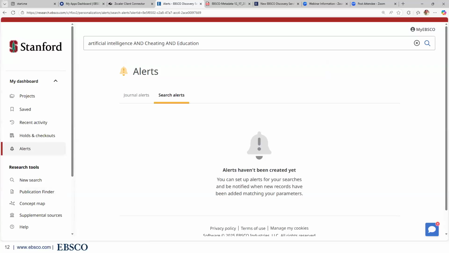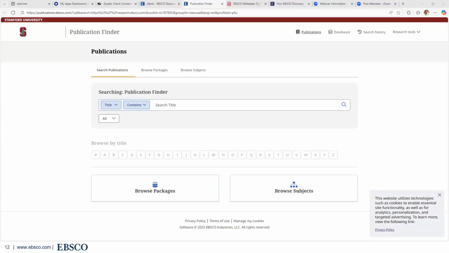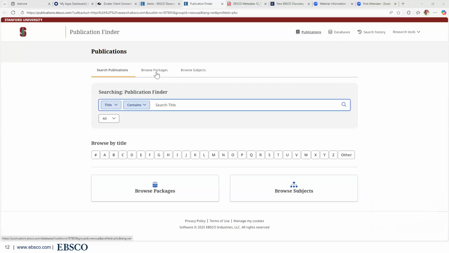Okay, we're done with the dashboard. We're going to now discuss the publication finder. To access the publication finder, just click on this button under the research tools. So this is the publication finder, and it will allow you to browse publications alphabetically, by database or by package,